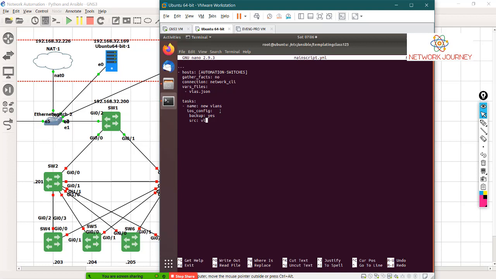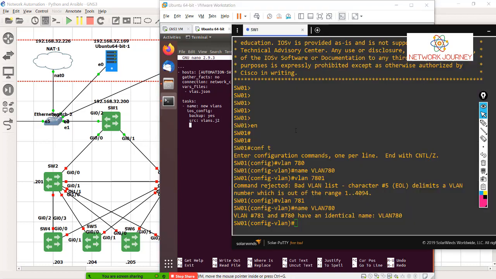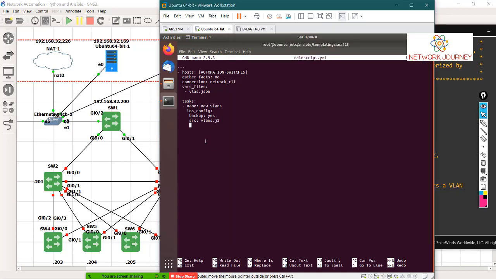What is my template? If it was static, what would you do? You would have written VLAN 333 and name whatever. It was a static way, right? Over here I don't do that. I just call my Jinja template. I'm sourcing it. Next thing, there's a possibility that this box already has 333, 334, 335. As soon as it sees something matching up, my script might break, right? So I say, even though there is something matching up, just ignore it. So I say match to be none.